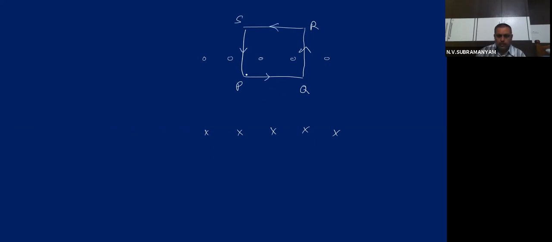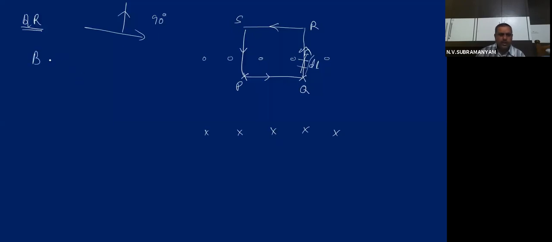Now, for the PQ part, which is inside, I will calculate a little later. First, consider QR, the magnetic field of QR. Which part? QR. If I imagine it as small parts each of length dl, and draw the tangent like this, dl is along the tangent and the magnetic field is like this. What is the angle between them? How many degrees? 90 degrees.